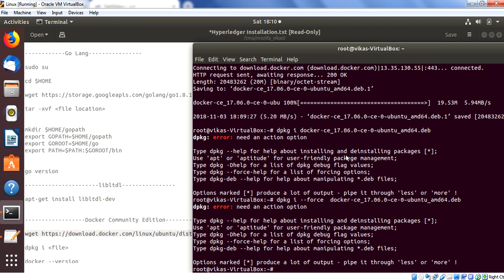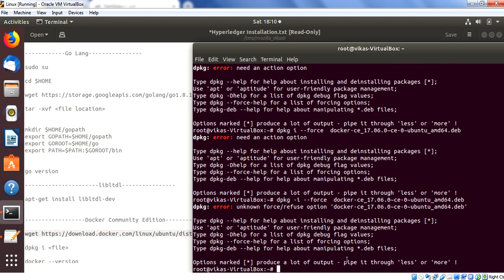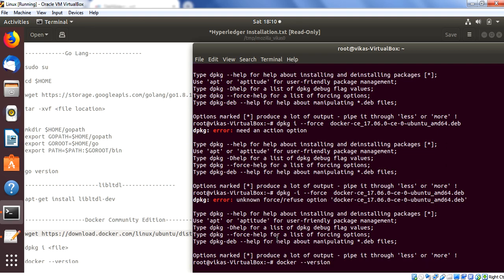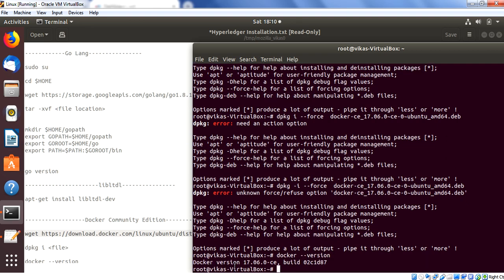Okay, this is currently not working. Let me see what it's saying. Okay, let me try one more time. Okay, seems like this is already installed for me. Let me check if this is already installed. For this one, I'll just run this one. Okay, so this is already installed for me, but for you people, just go and run this command and then